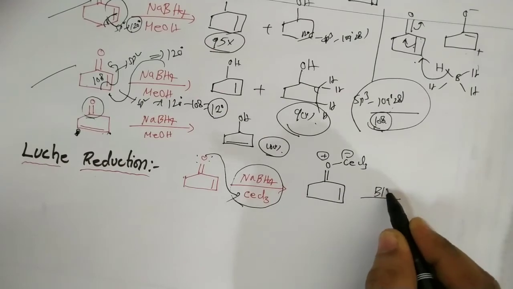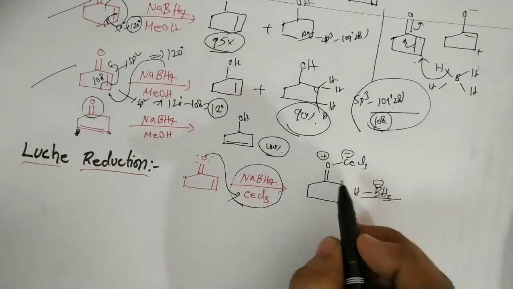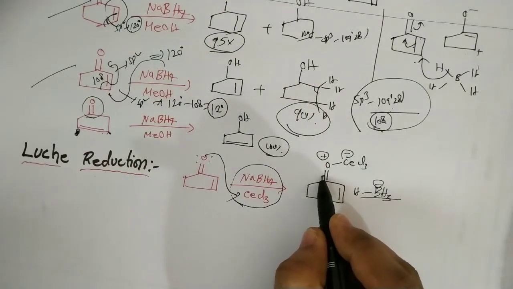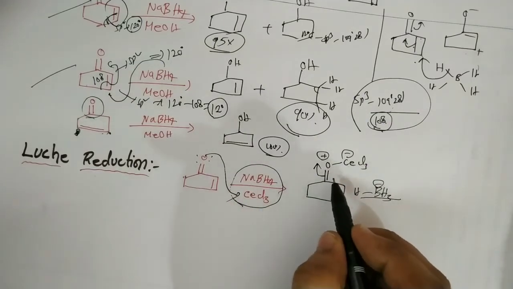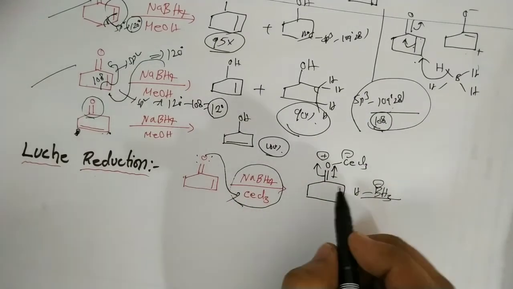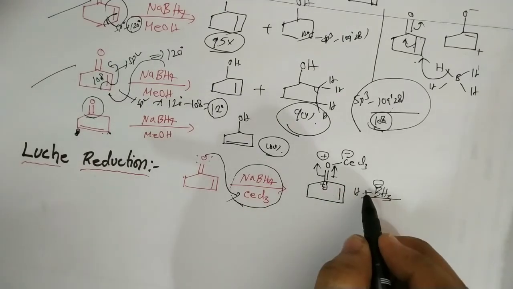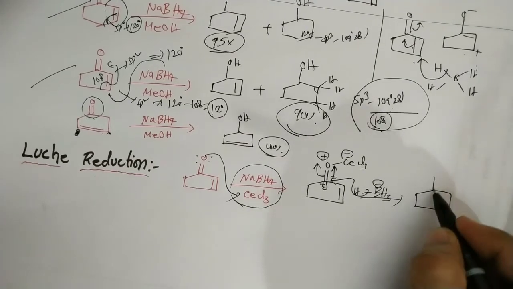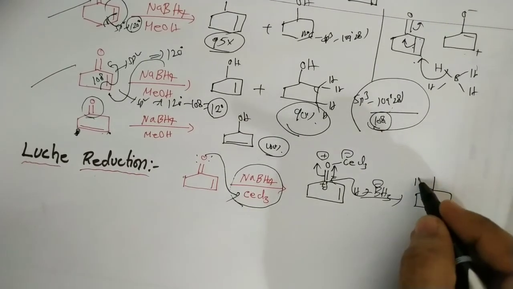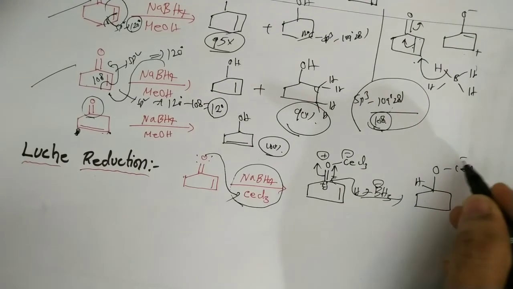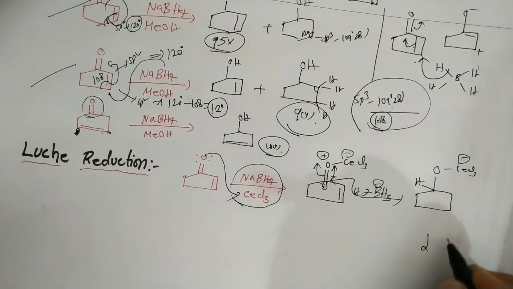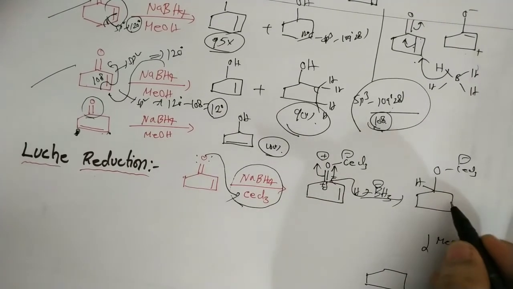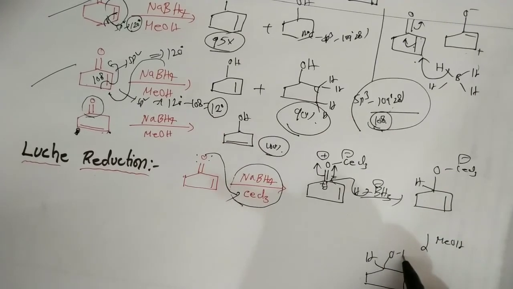Now from the BH4 minus, in this case this oxygen becomes more electron deficient, so there is a shift of the electrons. This oxygen is more electron deficient because of the positive charge, so that creates more positive charge on this carbon, so H minus readily attacks here. So in this case, we have H, here O cerium chloride, here minus, and then followed by acid, that means on reaction with the methyl alcohol solvent, we'll get the H and the oxygen with hydrogen.